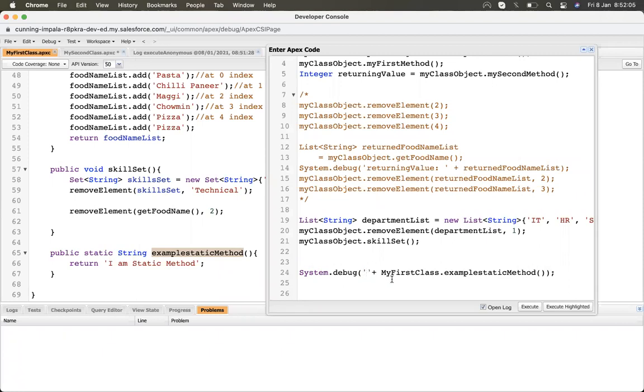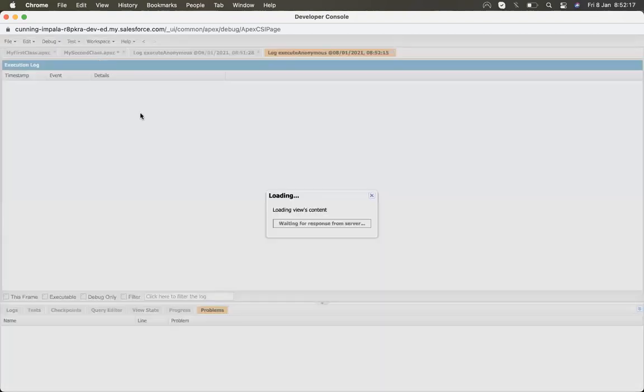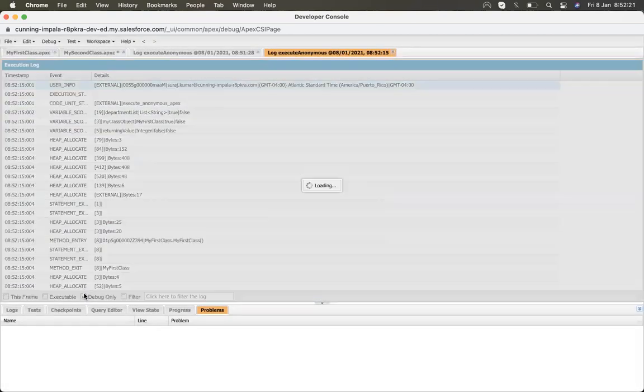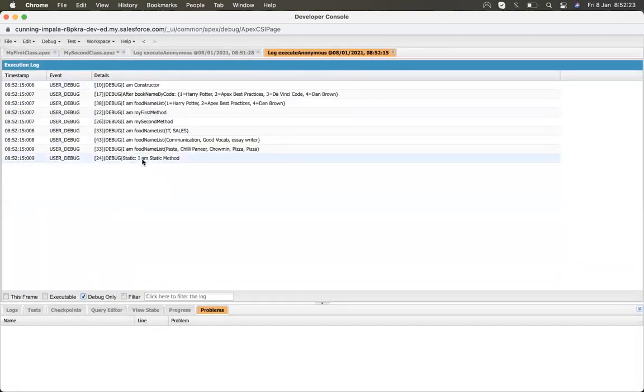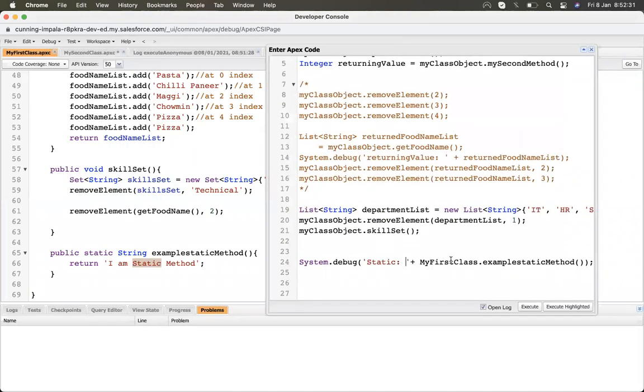You can directly call that in a debug statement, and let's execute. Okay, you can see that it's called by that method.